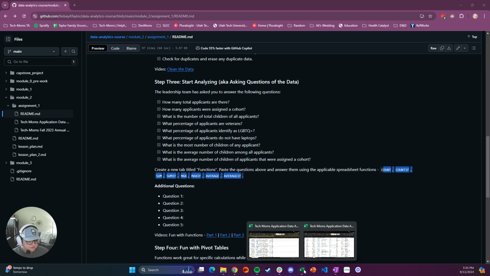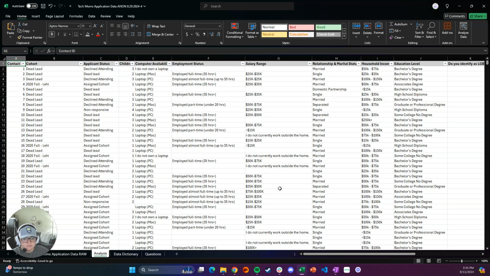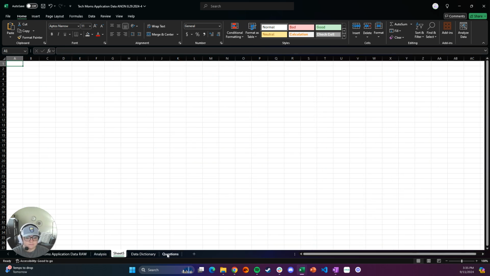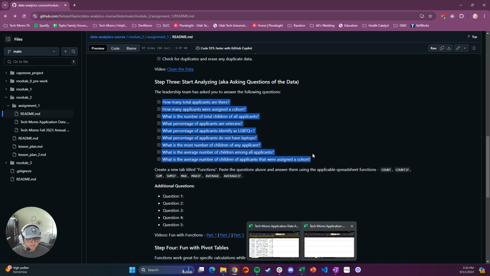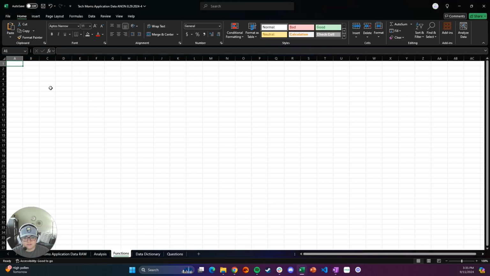Okay, so let's head over to our Excel spreadsheet. And what we're going to do is create a new tab, or excuse me, a new sheet. Double click, and we're going to name this functions. Okay. And what we're going to do is just copy and paste these questions into our Excel spreadsheet. So highlight, Control C, come back over to your